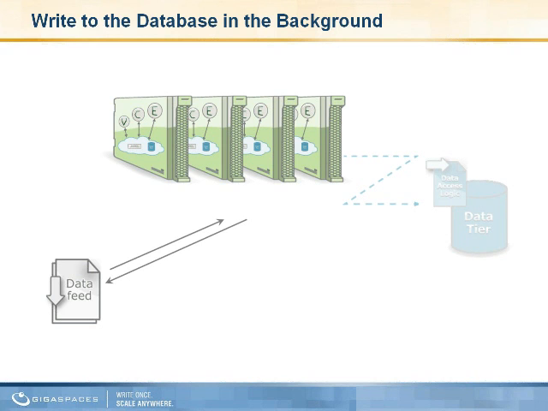Now, another question that often comes up is, if we're doing everything in memory, what about the database? The database now moves away from the critical path of the transaction and essentially moves to the background. Data is persisted to the database asynchronously, or after the fact, after the transaction is committed. And that's, of course, for auditing purposes, archiving, reporting, and so on for future use. But I've moved the database from being a bottleneck in the critical path of the transaction.